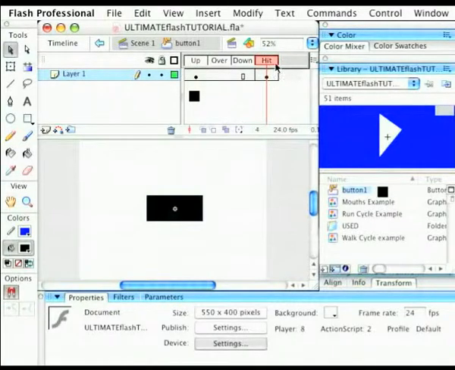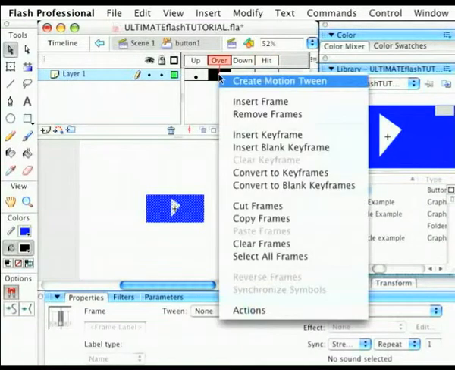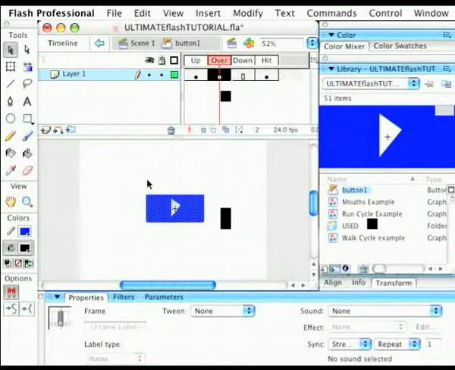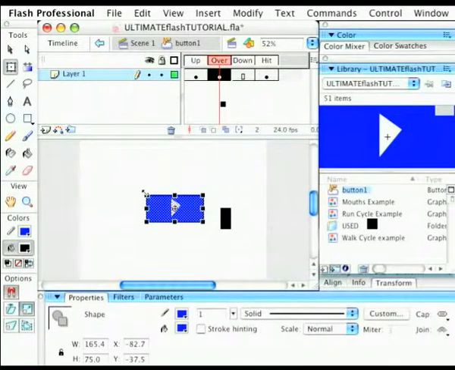And what hit means, this is your hit area. So if the actual cursor is in this rectangle, then the button knows that you're about to click it and you're over it. So next I need to show you how it looks when the actual cursor is over that button. So if you insert a keyframe on over, and then I'm just going to make it slightly bigger in this keyframe,